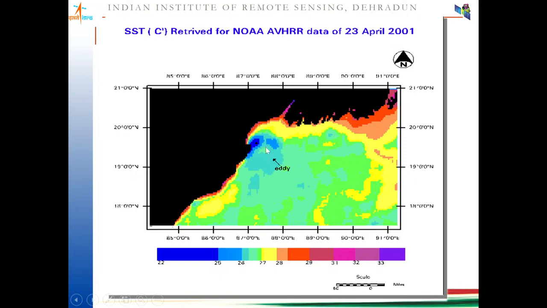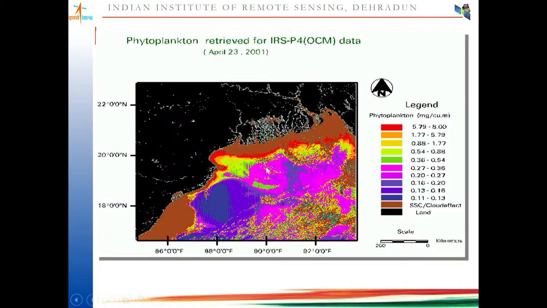So here, basically from this image itself, it can be seen that these areas are suitable for the PFZ. Now, when I get the chlorophyll map for the same date, this is the chlorophyll map, IIRS P4, on 23rd April 2001. So you can see the phytoplankton concentration. You can see from the ocean the sediments have been marked,